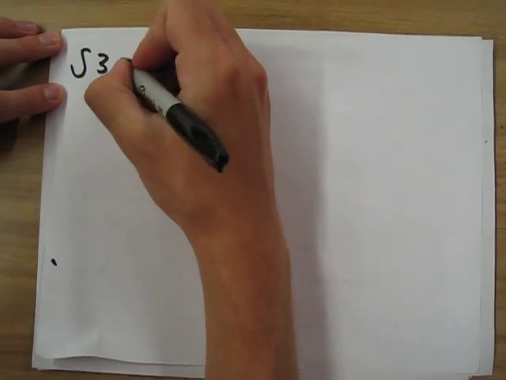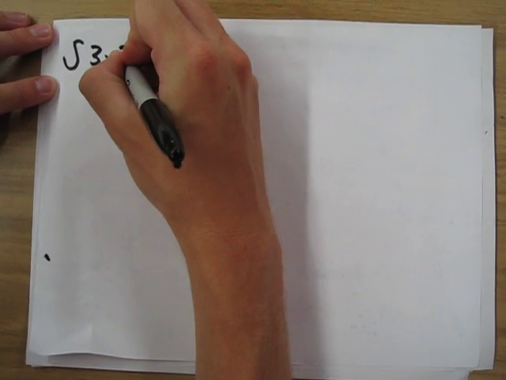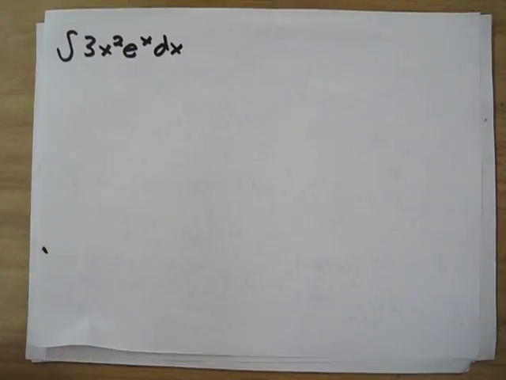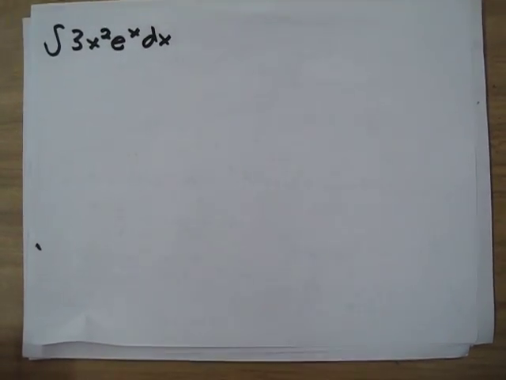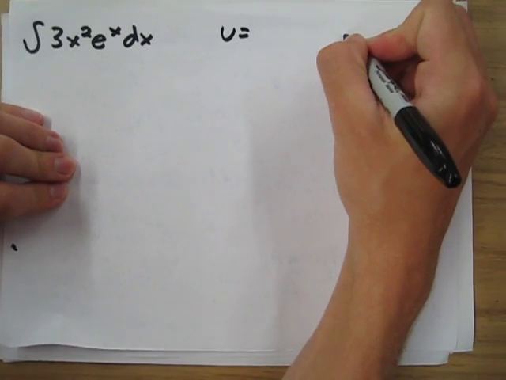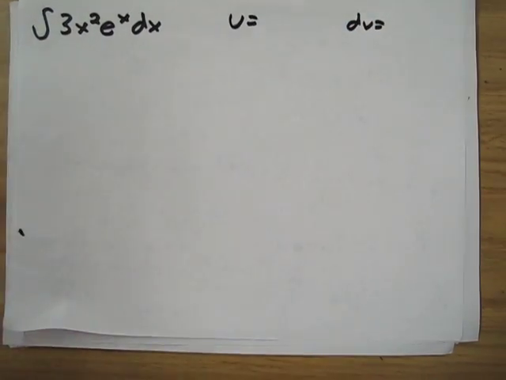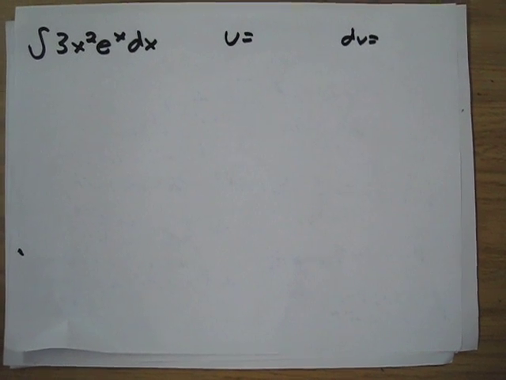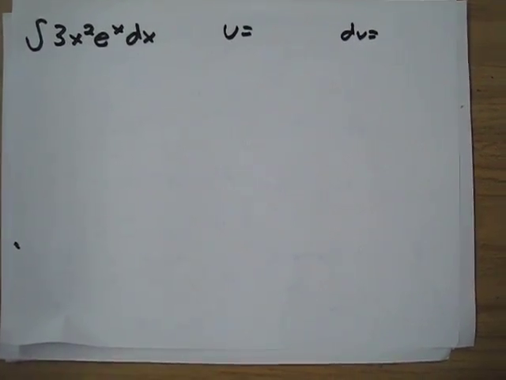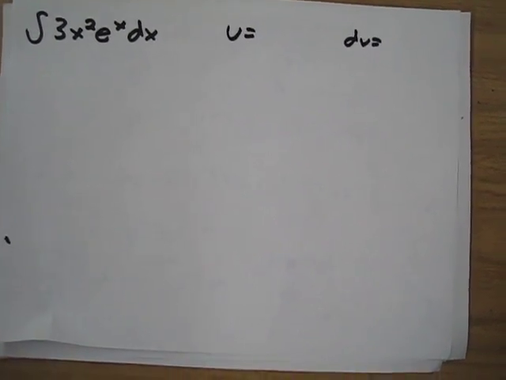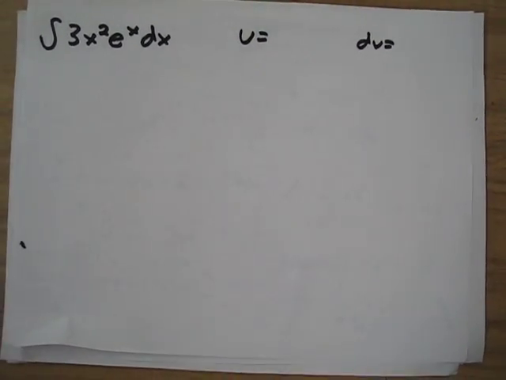Some integration by parts problems require that you apply the formula more than once. In the case of when you get an integral, the first time you apply the formula, you get an integral from the second part of the formula that you must then apply the integration by parts method to. And usually that comes when you have one of your terms is x squared or something greater than magnitude of 1. And it's important that you choose the right u and the right dv, because in this case, with the